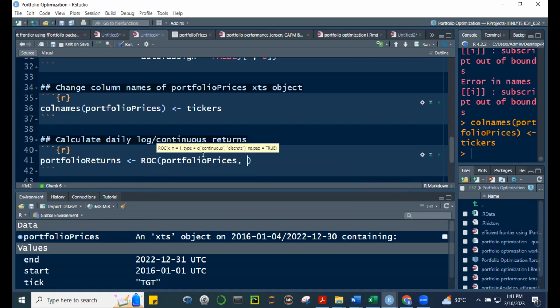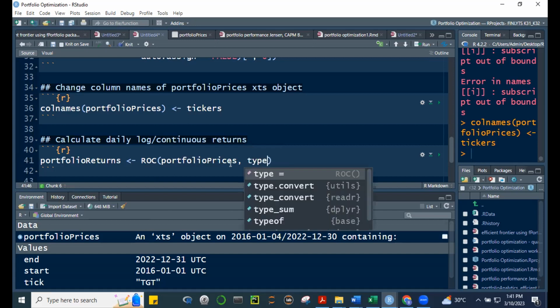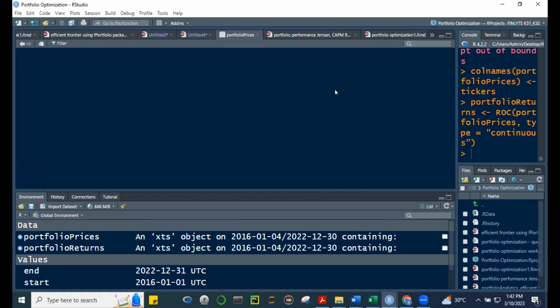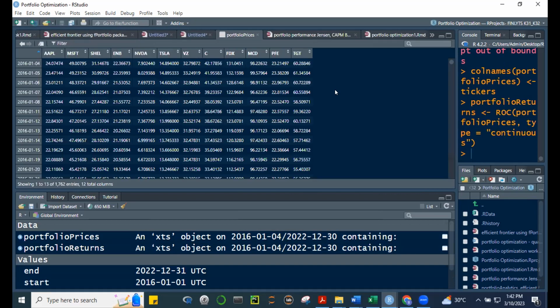So even without including the type, it will return continuous or log returns. But nevertheless, let me just type that continuous. Dami kong error sa pag-type. Okay, and then if we run this, we'll see that we have now the returns,